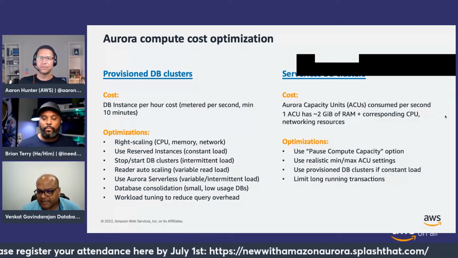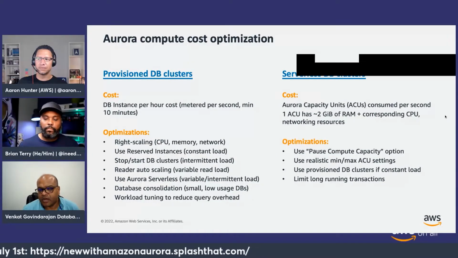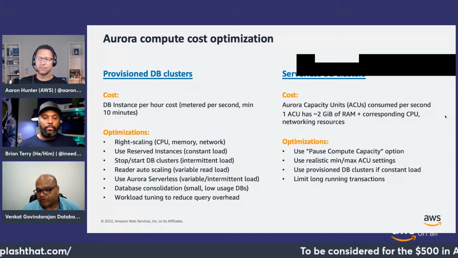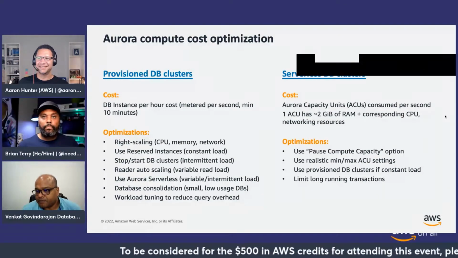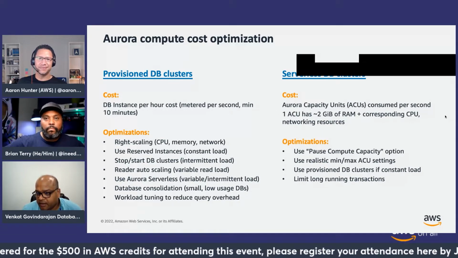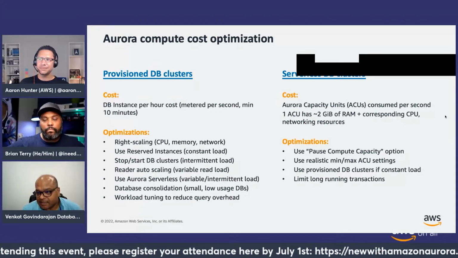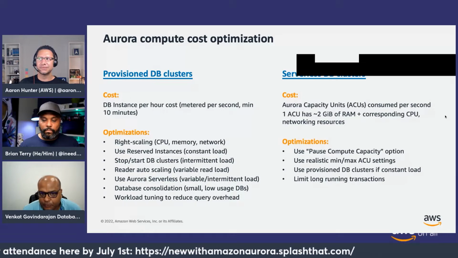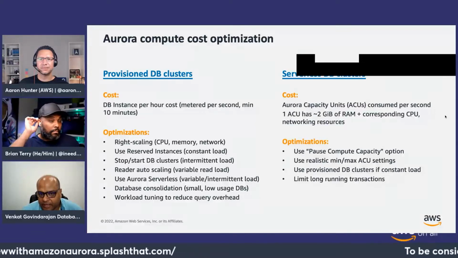And the last thing is pretty curious. We talk about tuning and how it reduces cost. In Aurora, as I have in the next slide, we get charged per IO. Every time you write or read from the disk, from the storage layer, you get charged. So the fewer writes or reads you do, the lower the IO charges. So tuning your workload to reduce your queries is much